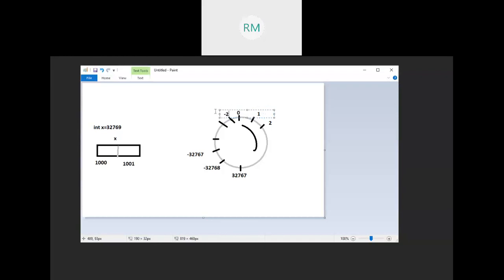Okay, that is the basic principle. In clockwise direction we count the positive numbers. So here it is -1. Actually it is -1, not -2. Here it is -1.